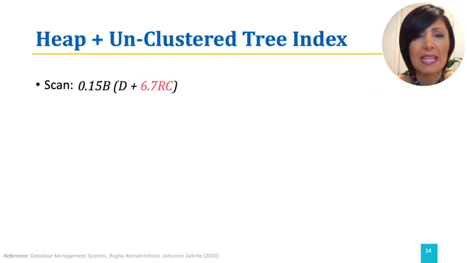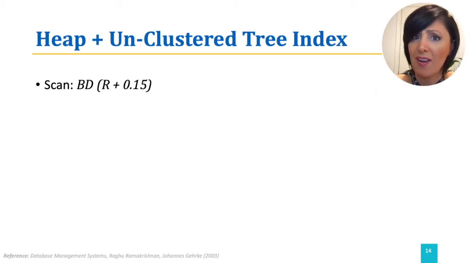However, the expensive part in this operation is fetching each record for the data entry in the index file. Since the index is unclustered, there is no guarantee that records are on close pages. Therefore, the cost will be loading 1 page per record, and therefore BR times (D plus C). If we remove the negligible parts from the estimation, we can estimate the cost of a scan with BD times (R plus 0.15),